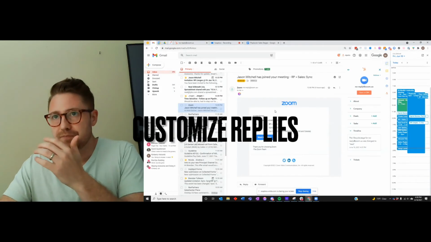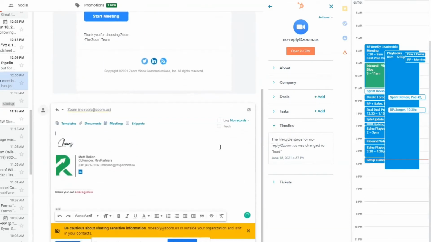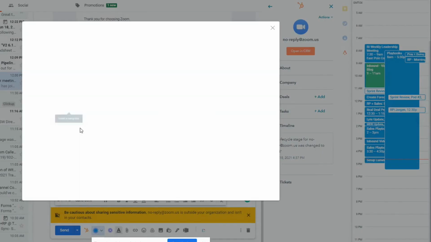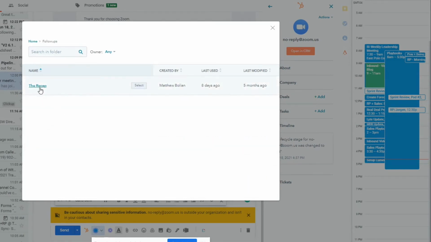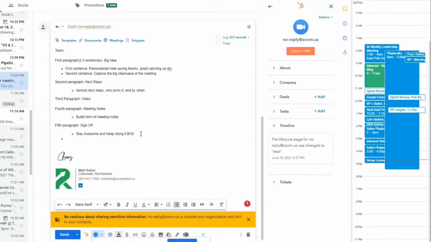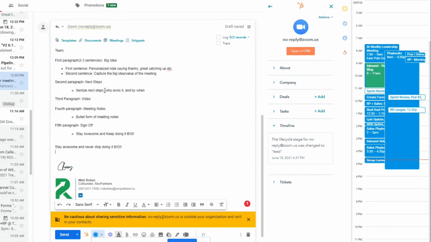Let me show you something else. If I am replying to an email, you can take templates that you have made and insert them directly from your email. So easy. Look, I'm going to do this real quick for you to see. I have templates I've downloaded. Let's say I'm doing a follow-up. I'm going to do the recap email. It will automatically push this template that I have. You can also have your snippets come. I have a snippet that I call the one-liner, hashtag one. Let's do snippets. One-liner. Boom. There it is.